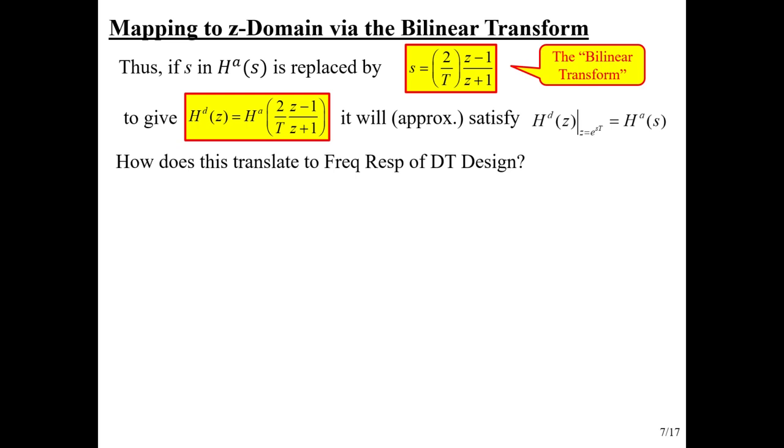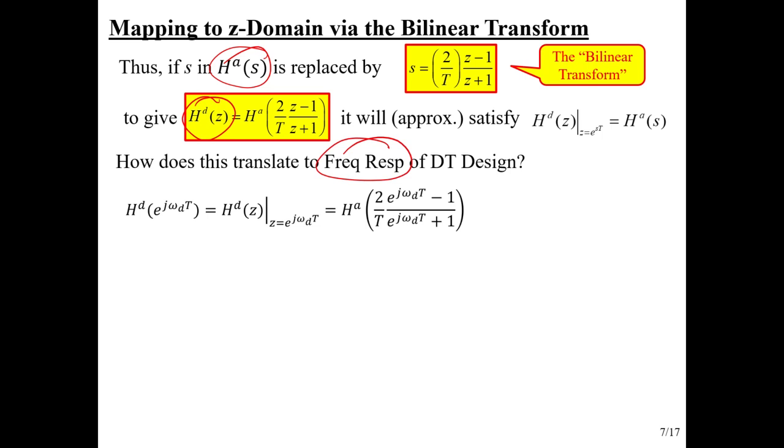So this is all in terms of transfer functions, and that's nice from a design point of view, right? You start off with your transfer function, you map it into a discrete time transfer function. You now know the design of it, but what does it look like? What is the frequency response going to be? Well, we know how to do that. We know how to take the Z here and replace it